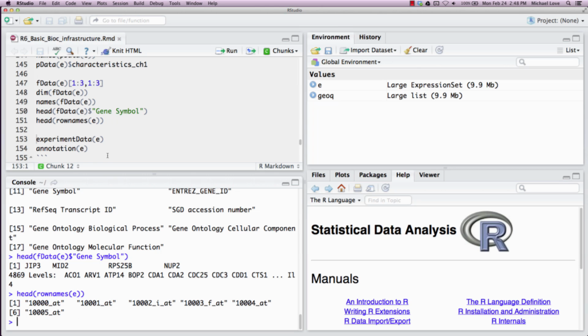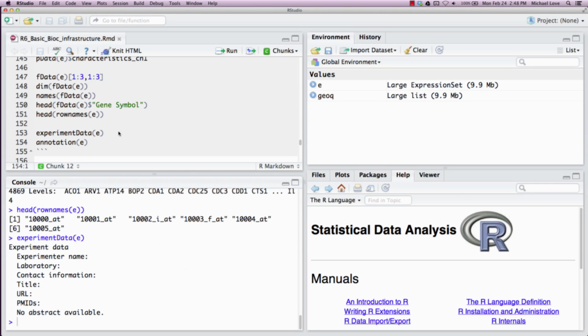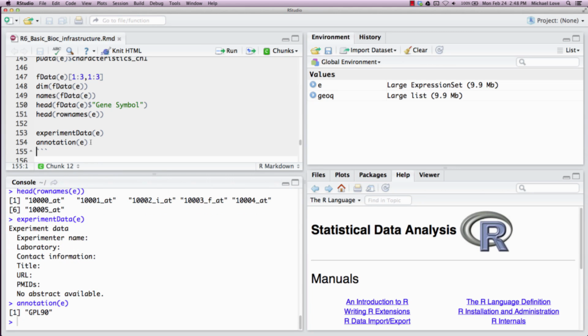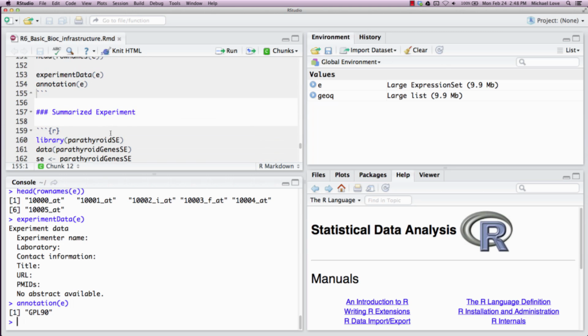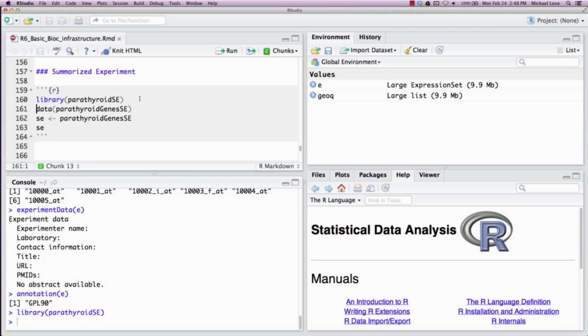So I said there was also some experiment data and annotation data which is stored in this expression set. In this case, the experimental data from GEO is blank, but it would give you the name and the laboratory. But at least we have the annotation for this expression set. So next I'm going to describe the summarized experiment object, and I'm going to load a Bioconductor annotation package, which